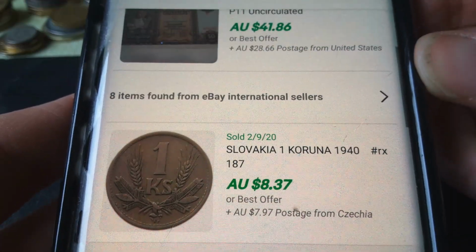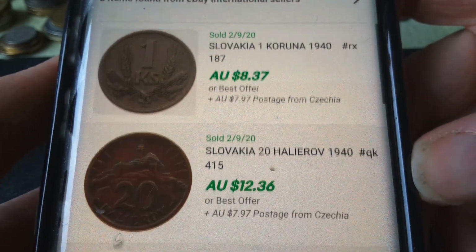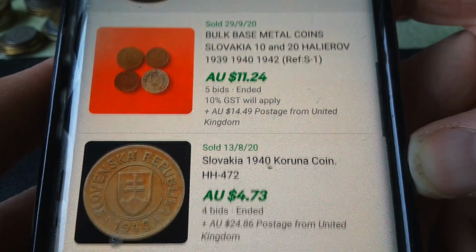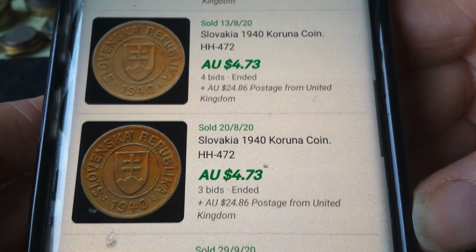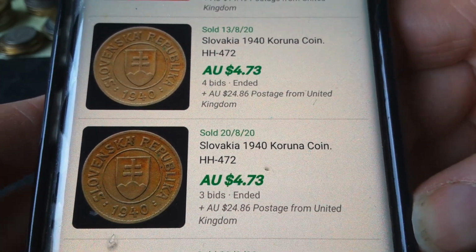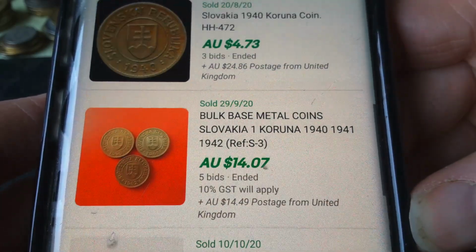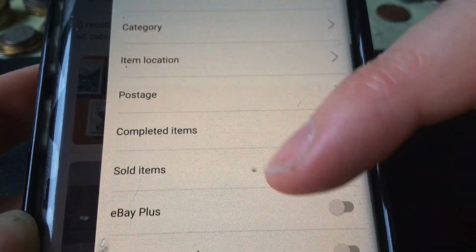So let's have a look at some items that are actually sold. So you can see the 1 koruna, 1940, $8.3. Then you got the 20s, $12. Got a lot of 10 and 20 heller. $12. I don't include postage because most likely, like this postage is $25, so most likely someone in the UK actually purchased it, or someone in a closer country. So $5 for that koruna. So the price does vary. So if you're actually wanting to purchase any of these, then you need to actually shop around and don't buy the first thing that you see,